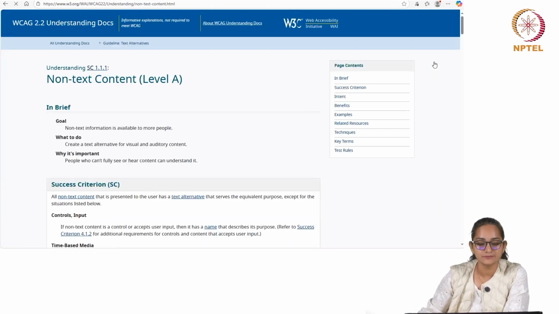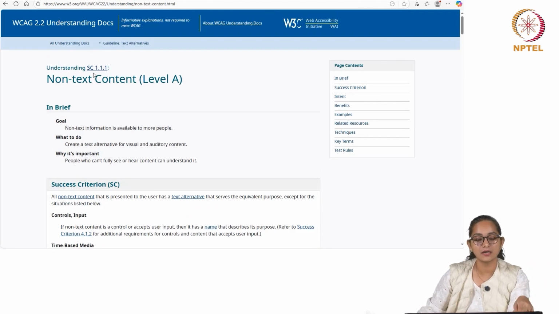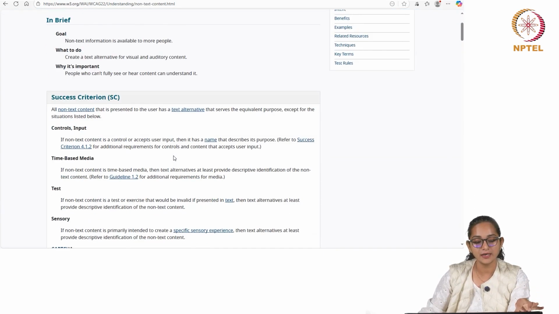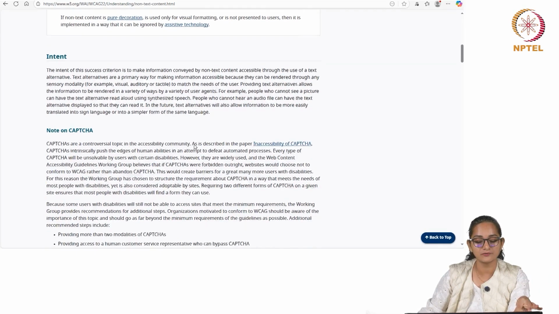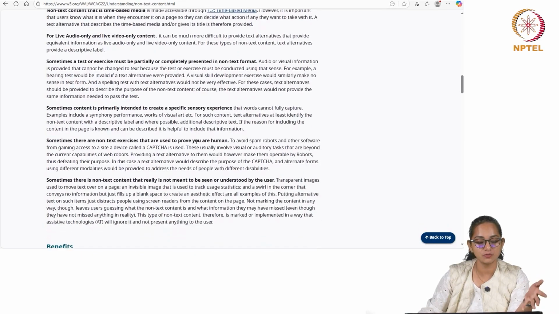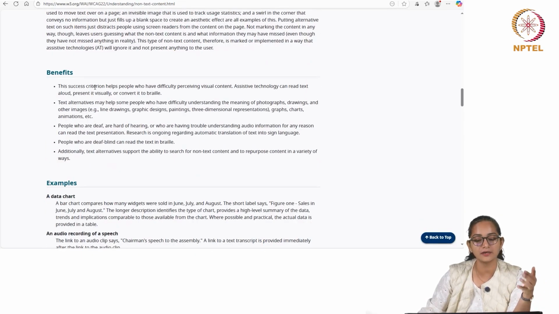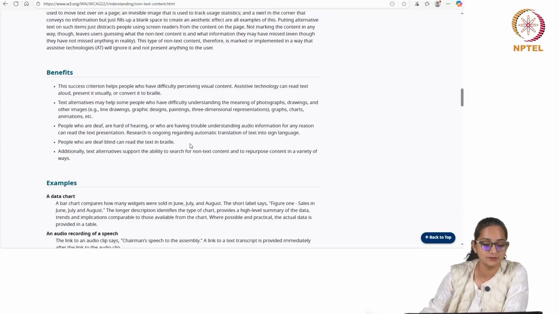If we click here, it takes us to a very long document which is particularly about this understanding criteria 1.1.1, and it tells us about all of these aspects: what is the intent of this criteria, what is more additional information, more benefits, why this criteria should be used, what benefit it will give us if we include this criteria, how it will make your system more accessible.